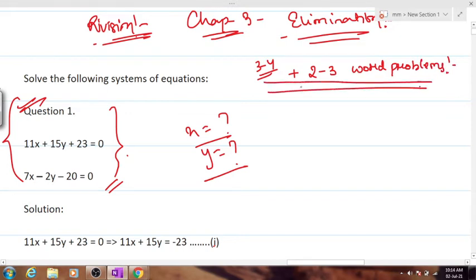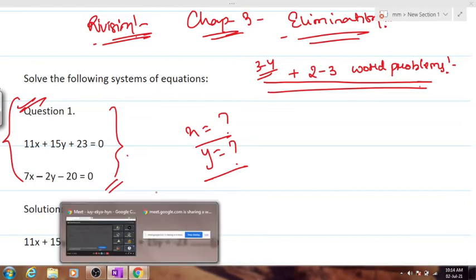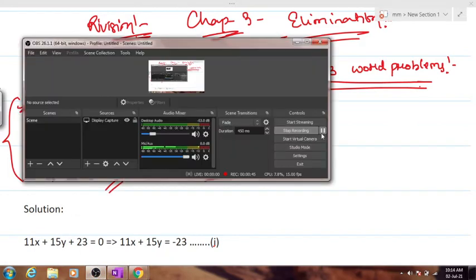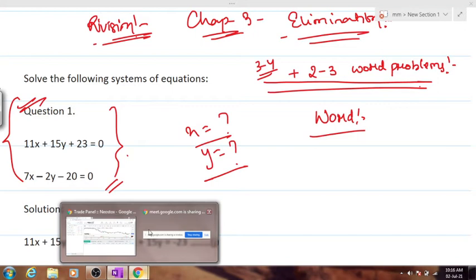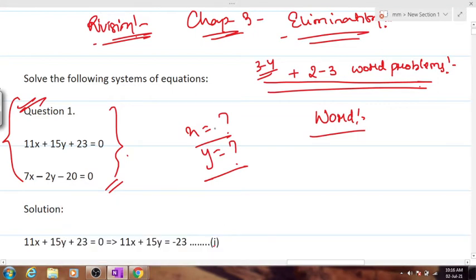I hope everybody can see the screen properly. Start doing it. I hope people remember how to solve things using elimination. I'm pausing the video, kindly do it. Anyone who's got the answer for question number 1, confirm. Question number 1, the value for x and y using elimination. Anyone who has the answer?